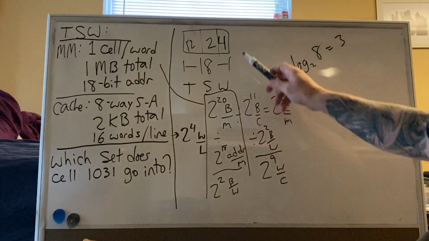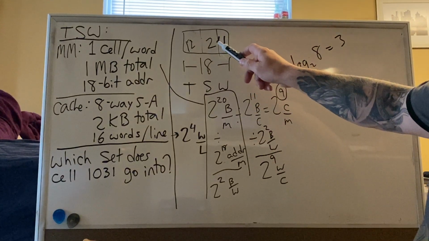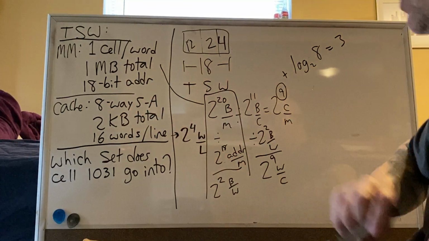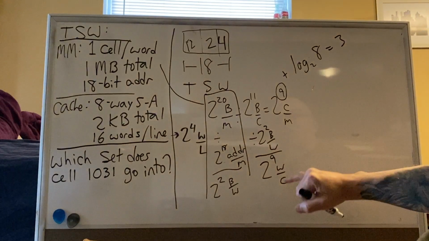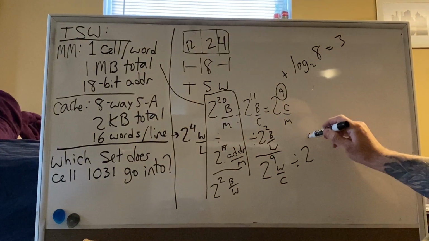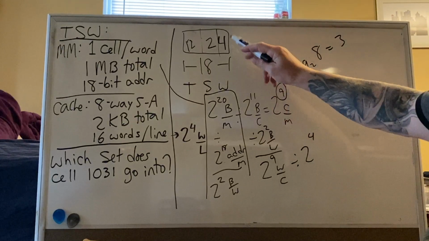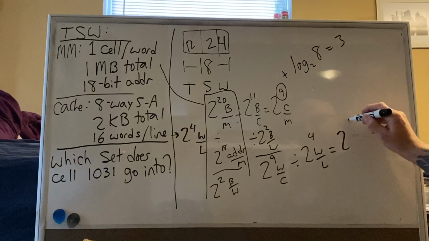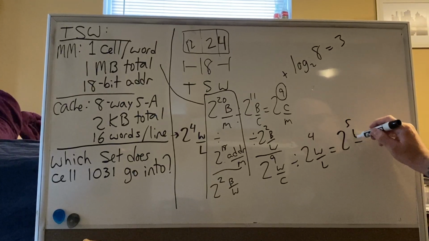So I'm trying to find out here, are there really 4 sets? Times 8, so it should be 32 lines total. So let's see what else I have to do. 2 to the 9 words per cache divided by 2 to the 4 words per line. I'm just looking at the units here, and I get 2 to the 5 lines per cache